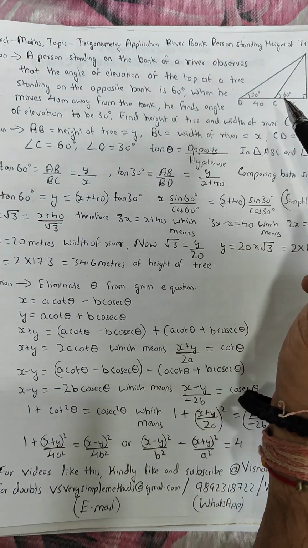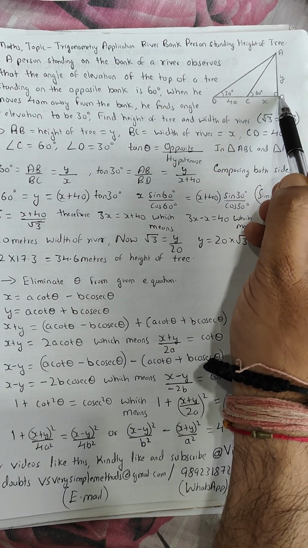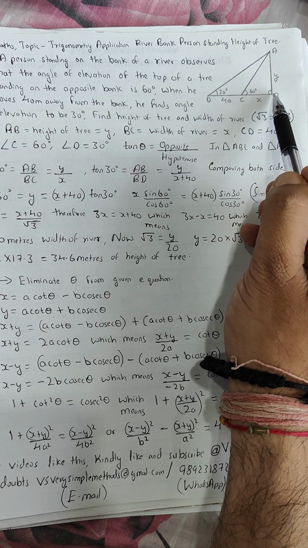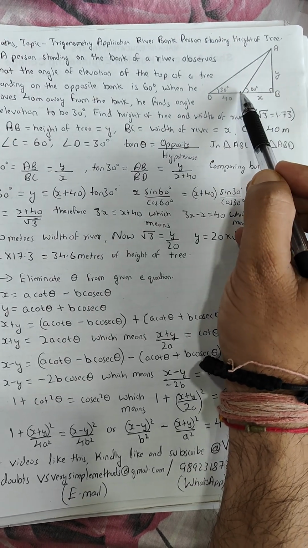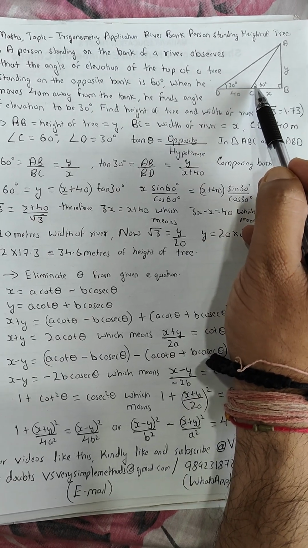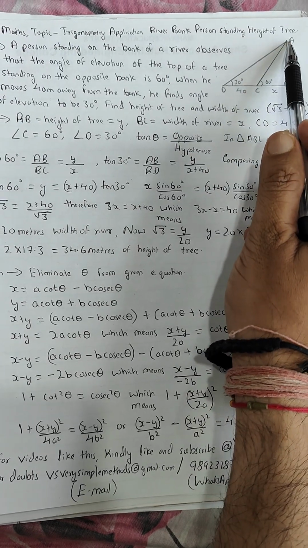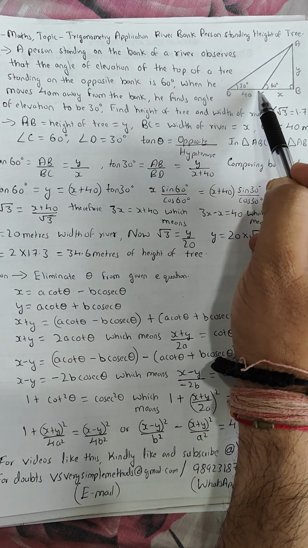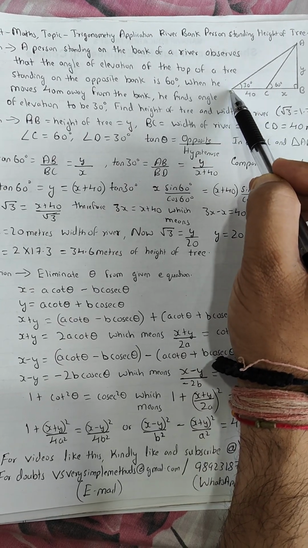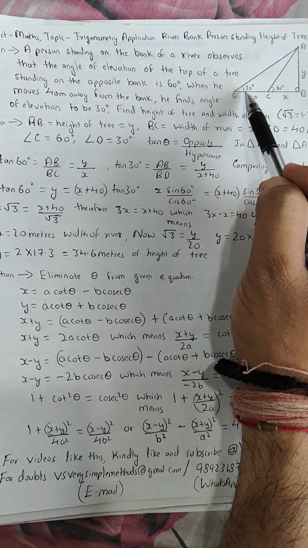To understand this question, we need to have a look at this particular figure. Now what I think is, this is the position of the tree. This distance x is the width of the river. y is the height of the tree and here is our observer. So first instance में observer क्या कर रहा है? He is observing from here. The angle of elevation is 60 degrees. वो 60 degree ऊपर की तरफ देख रहा है and he can see the top of the tree over here. Then वो क्या करता है? The observer moves 40 meters behind. From C to position D he moves and now when he observes the tree, the angle is 30 degrees.